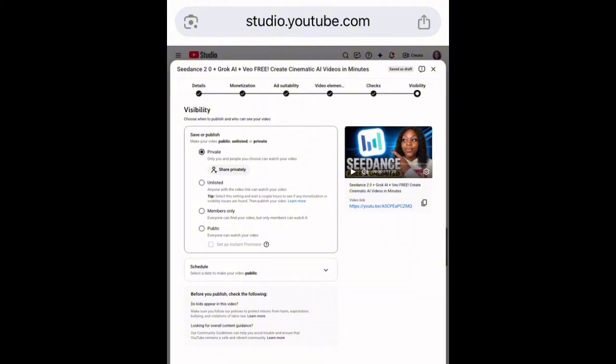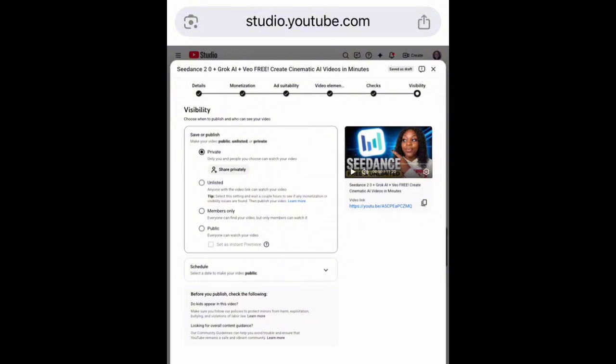You see, for visibility, I left it on private because of these checks. If these checks don't complete and you post your videos like that, your videos will be restricted because your videos have issues. So whether you are posting your videos or you are doing reaction videos, cutting clips from people's videos, you have to post from here. Even your AI videos, you have to post from this particular place. So YouTube will tell you if you should go ahead or you should go back to your editing or even create another video. So this video is ready.